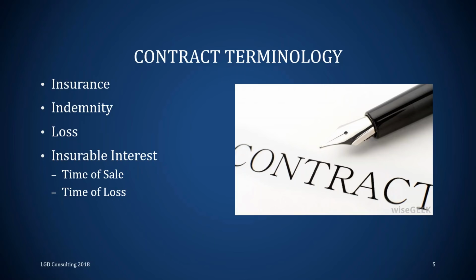Or it's a contract to indemnify another against loss, damage, or liability arising from a contingent or uncertain event. So the definition of insurance is a contract to restore you to what you had before a loss occurs, and the loss must be uncertain. In insurance, we only insure uncertain losses. If you know a loss is happening, it's too late to insure it. If the fire is already heading towards your house, it's too late to buy a homeowner's policy, because that's a certain loss.